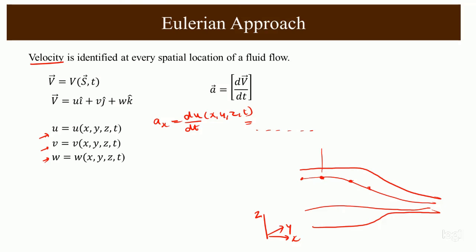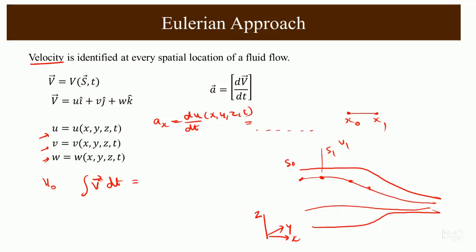Now, since velocity is what is specified, what we might have to find out is position. A particle in the flow field goes from this point to this point. How do you find out the position? Say initially we have x0, at which we have velocity v0, and at x1 we have velocity v1, and so on. How do we find the position of these particles? We should integrate this velocity, u, v, w. When you integrate v with respect to dt, we get position.